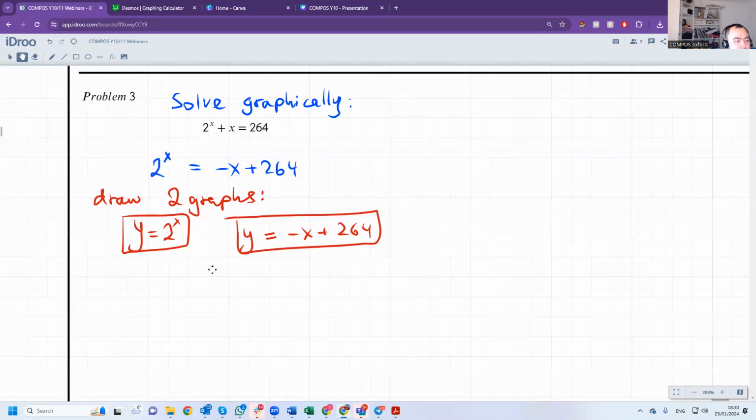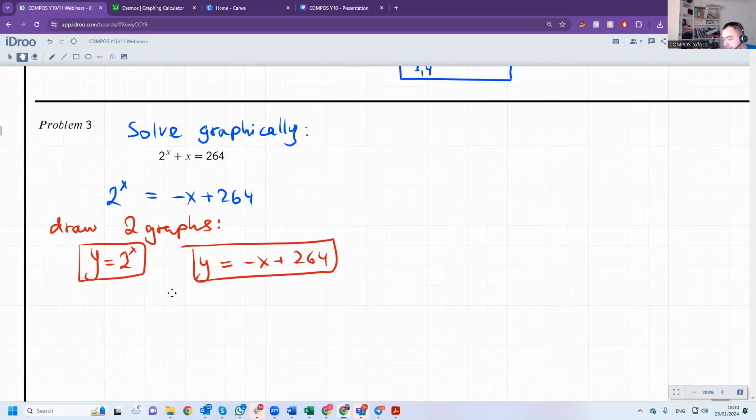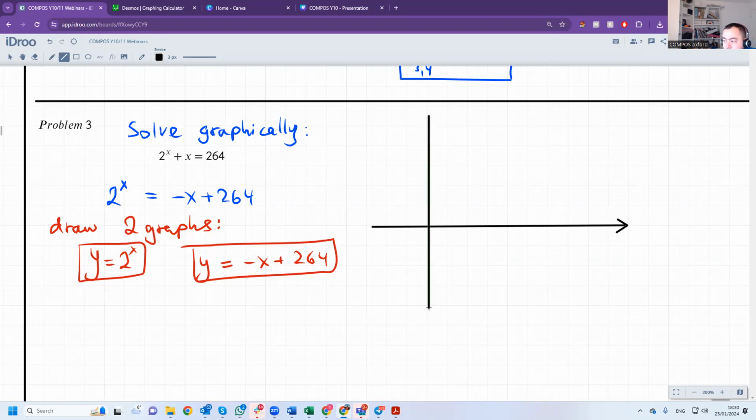Okay, so draw the graph. So y equals 2 to the power x, and you can draw it point by point, because you can use trial and error, yes. The problem with trial and error, okay, I understand, yes, trial and error will give you a solution. But how do you prove that it's the only one? How do you know that there are no other solutions? For example,